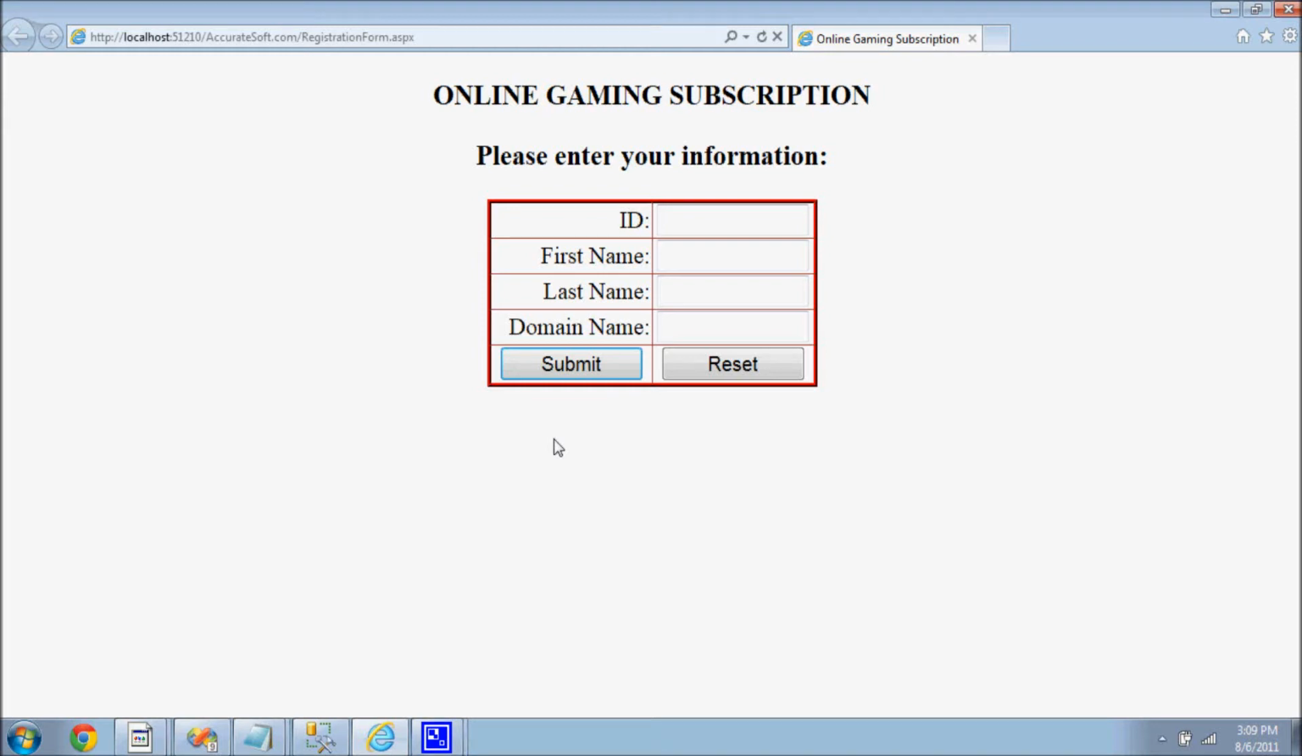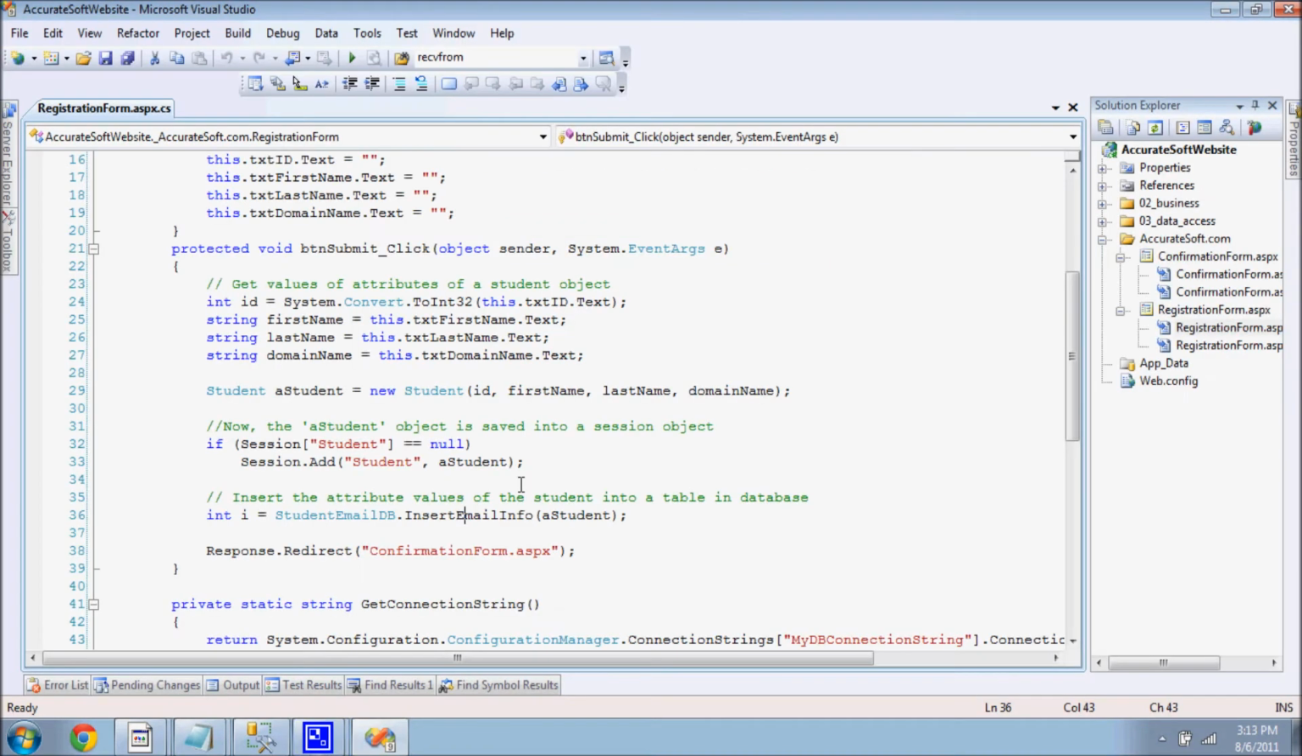This video shows how SQL injection attacks can exploit source code and take advantage from it. This is a view of the AccurateSoft online gaming website. This is the registration